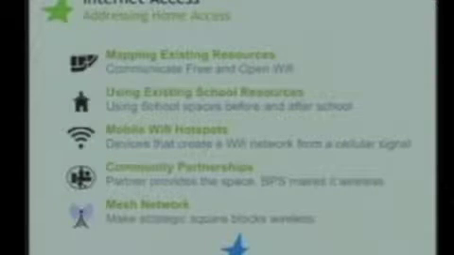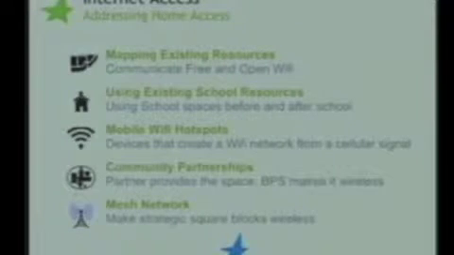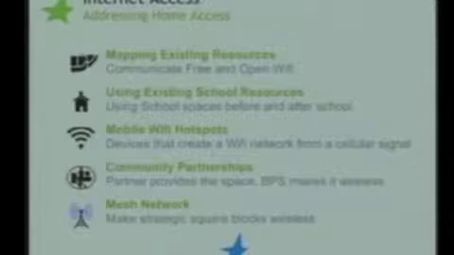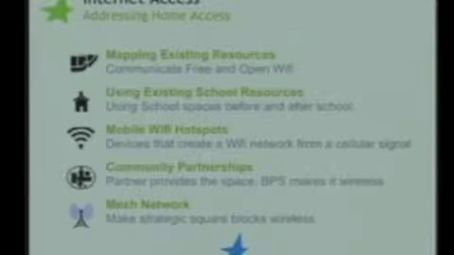Second, using existing school resources is that cooperative team effort that harnesses the school's power to use their existing resources. We have media centers, we have staff that can oversee students who want to stay late, who want to have homework nights at certain times when they're appropriate, and so harnessing some of those existing resources is one of those strategies. Starting the conversation would be first, of course. Third is